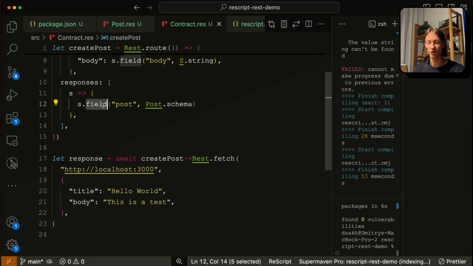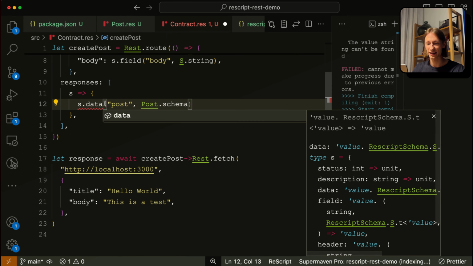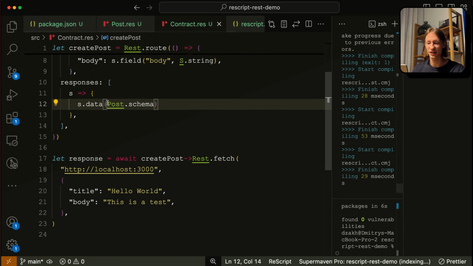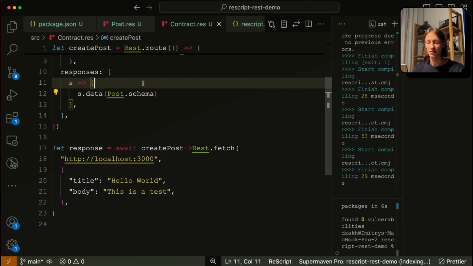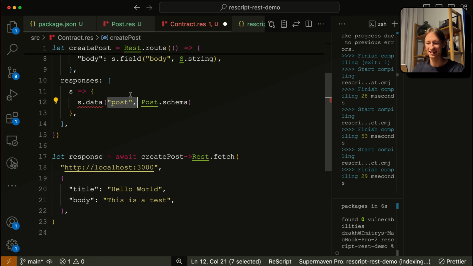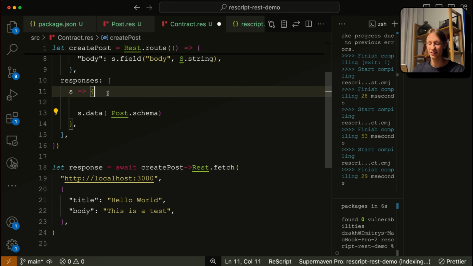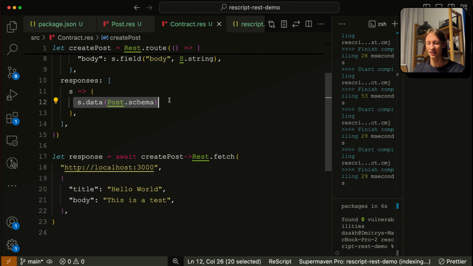But we can also, instead of putting it in the post field, change this and directly say that we want to return this post schema as the body of our JSON. Also, it's cool. Let's say that we return this post schema as the body of our response. So on the HTTP level, it will be just this object sent,